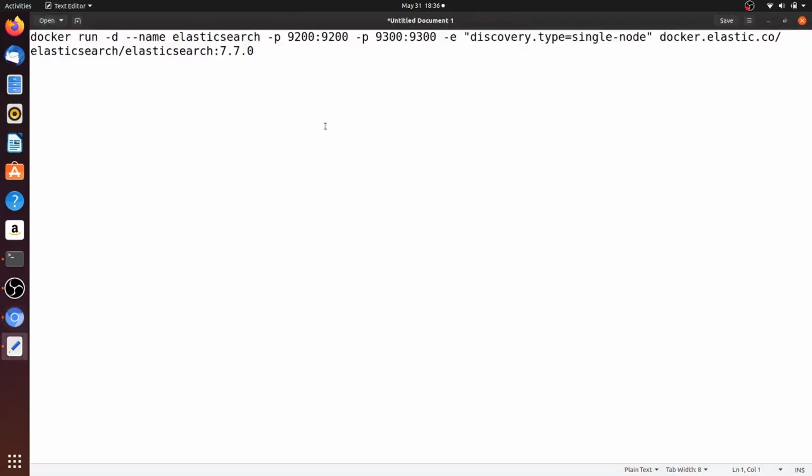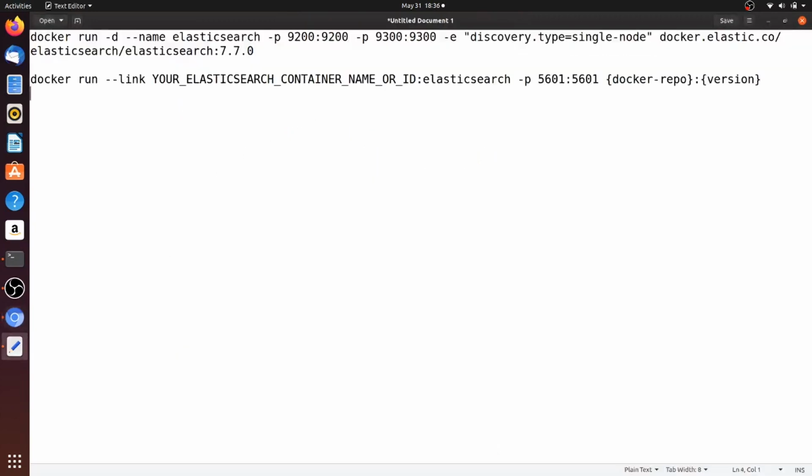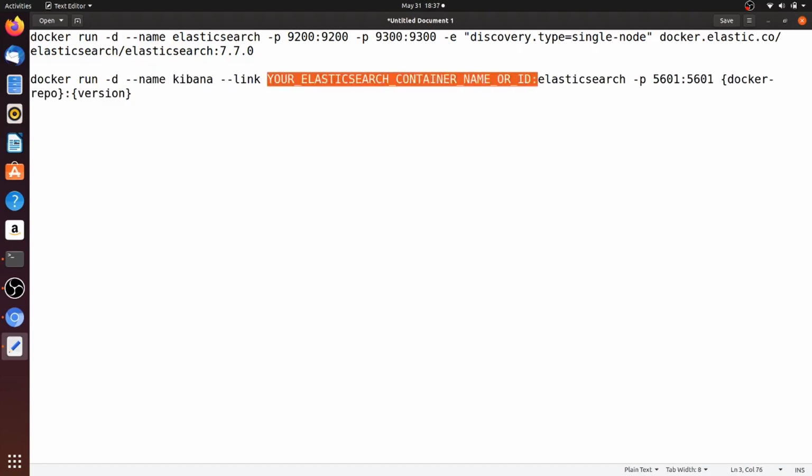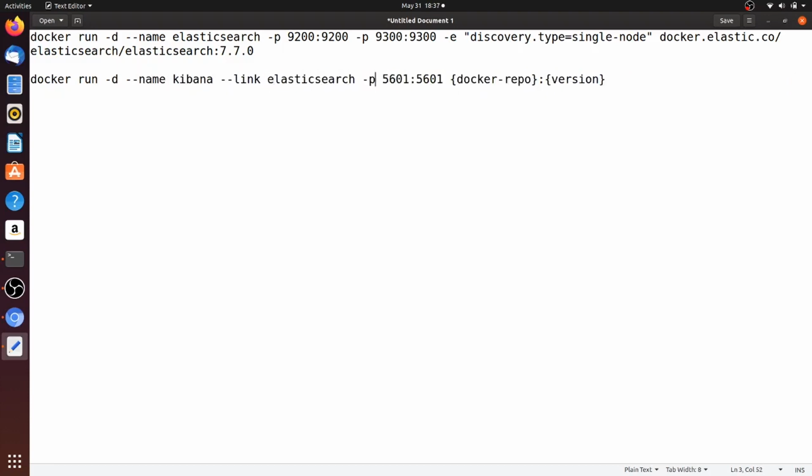This is the second line, where we have to provide the link for Elasticsearch so it can pull the metrics. I am going to start Kibana in detached mode, and give the container the name Kibana, and then link my Elasticsearch container so that when we say elasticsearch colon 9200, it will be able to access it. And 5601 is the port number on which Kibana is going to run.